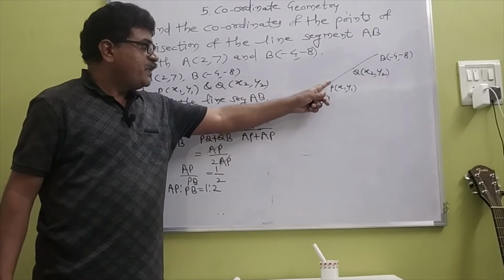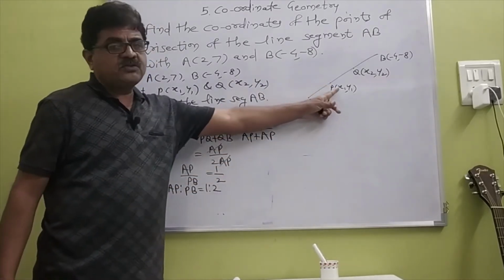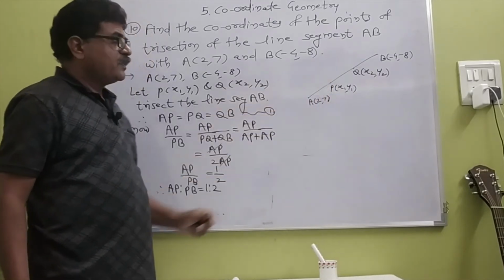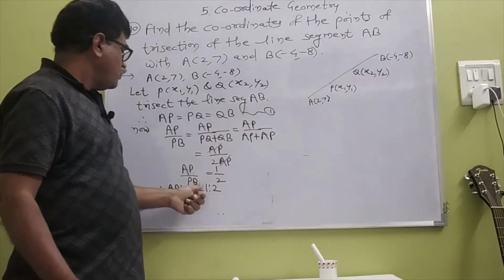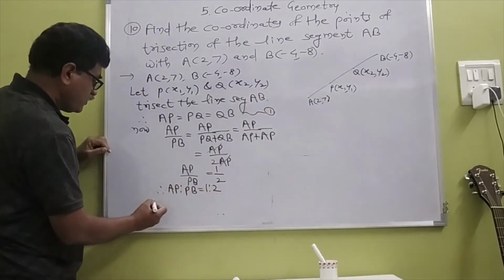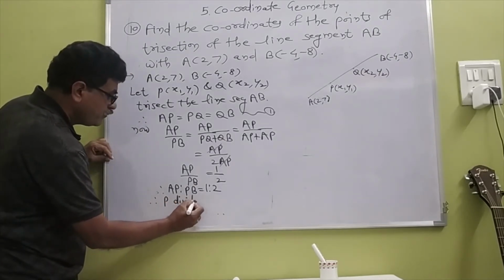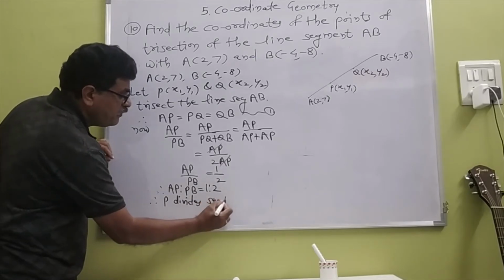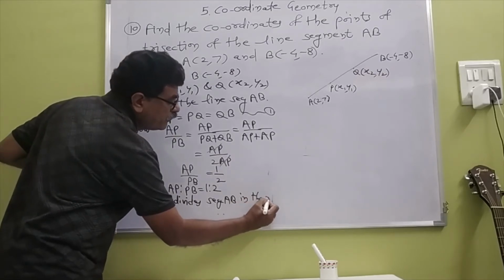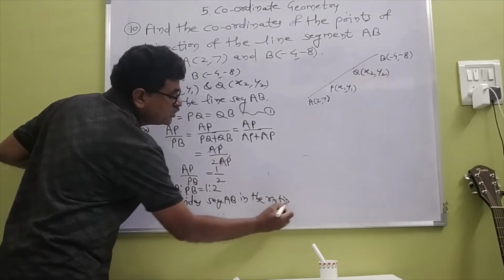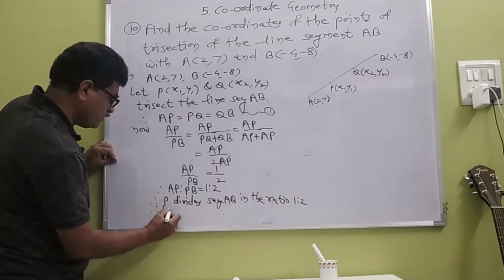Now we have to find the coordinates of point P. P divides segment AB in the ratio 1 is to 2. Therefore, by section formula,